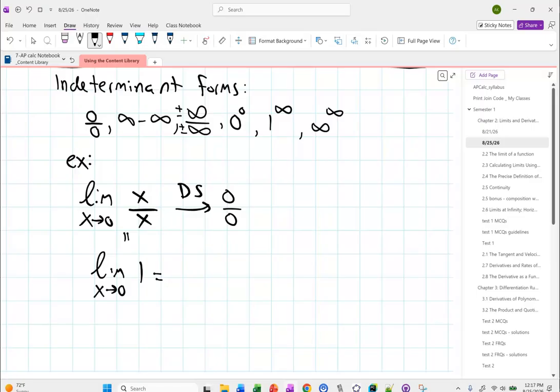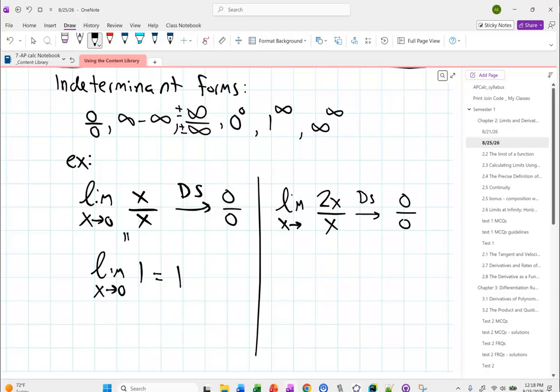So what does the graph of 1 look like? A straight horizontal line. The y-coordinate is always 1. So at 0, this is just 1, right? But I could just as easily have written this problem. If I do a direct substitution, what do I get? 0 over 0. But if I reduce,